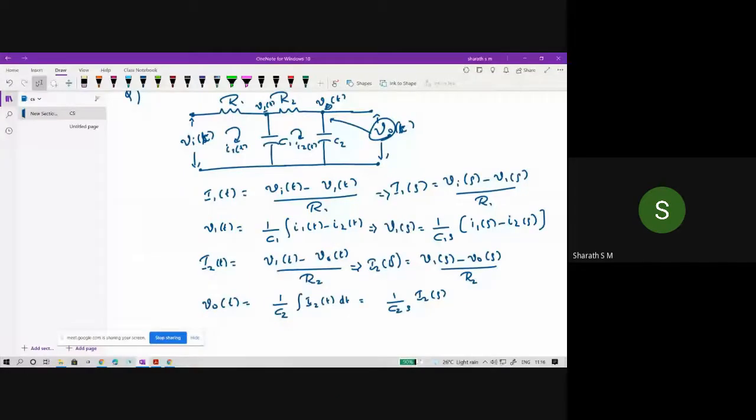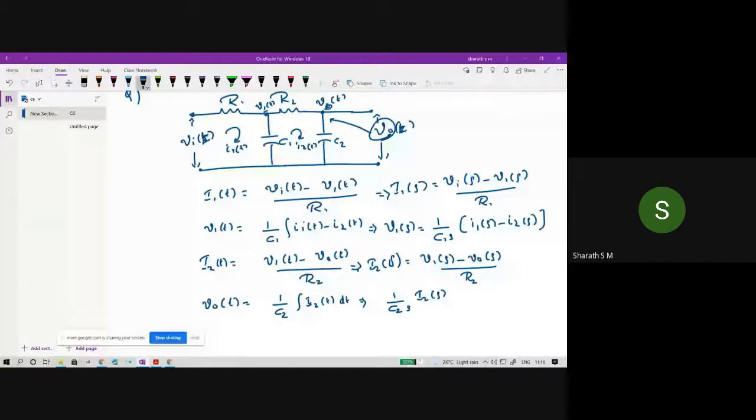Let me explain it once again. We have an RC circuit with Vi, V0, R1, R2, C1, C2. First we need to identify the loops. Today we have two loops, so we write the loop currents as I1 and I2. Afterwards, across these points we can observe node voltages, V1, and this one I initially wrote as V2, but it is equal to the output voltage. So V1 and V0. Then we write the voltage as well as current equations.